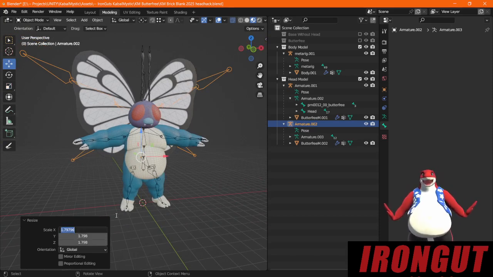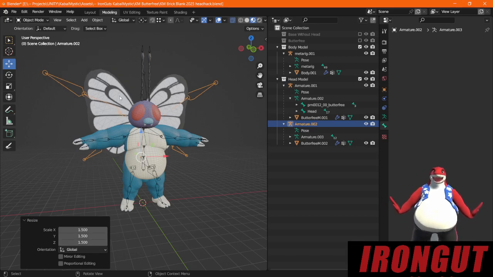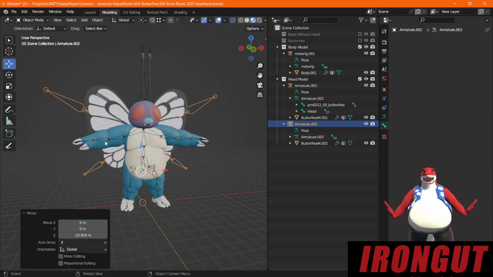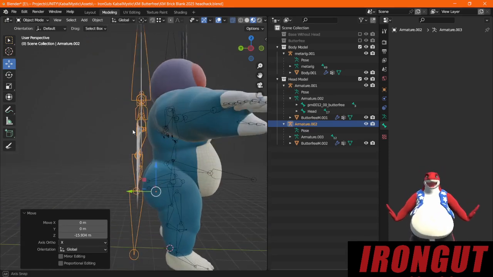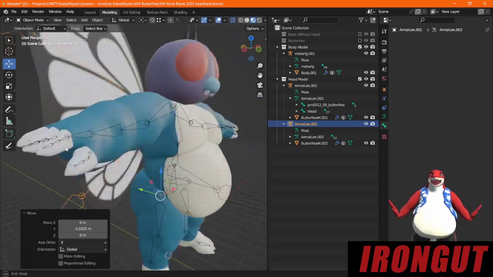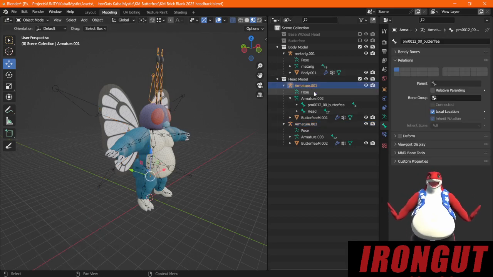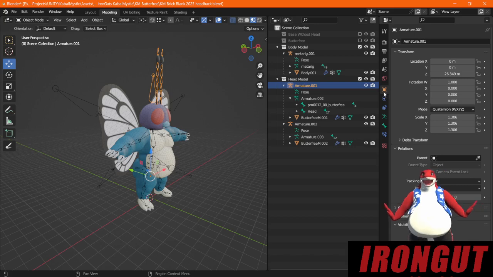Maybe not that much. Maybe just 1.5 times. There we go. And shift them down so that they're connecting in what looks to be the proper place. Have them right there. There we go. And now, what we do is we're going to take these armatures and in their object properties, remember the relations